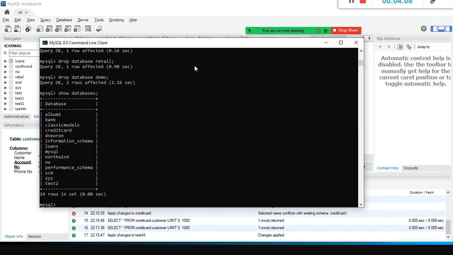But we have to do some kind of testing. We need to learn how to create a table, how to insert the data, how to update the data, because in a real-time scenario you are not going to work only with Power BI. Table creation and all, you are not going to do it there. The tables are stored here, multiple tables are stored here. Using Power BI you import all the tables, but you need to have some connection. Using that connection you can connect to it.